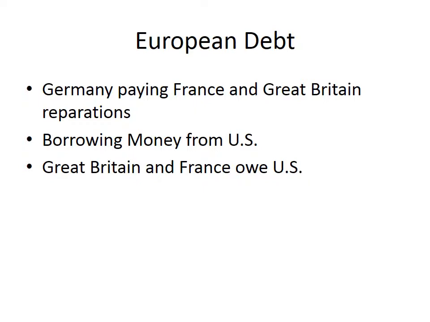We had arranged a reparation payment with Great Britain and France called the Dawes-Young Plan, and it was an interesting plan. But one of the main factors was that Great Britain and France were paying back us for military weapons, clothes, and food that we had given them during World War I.